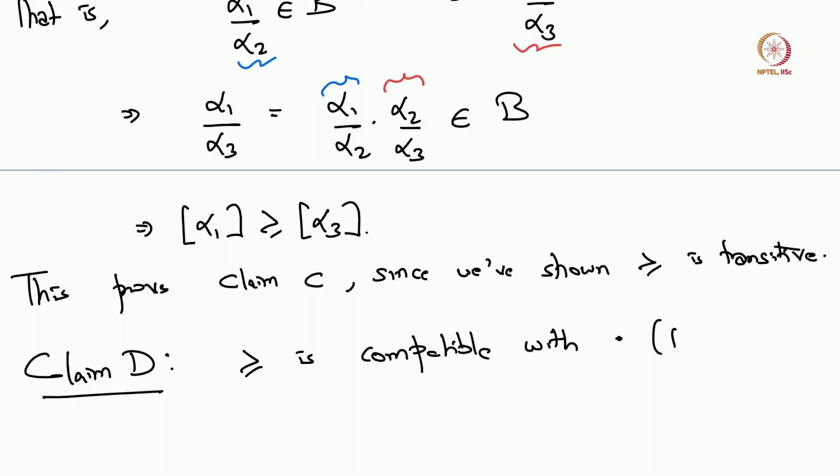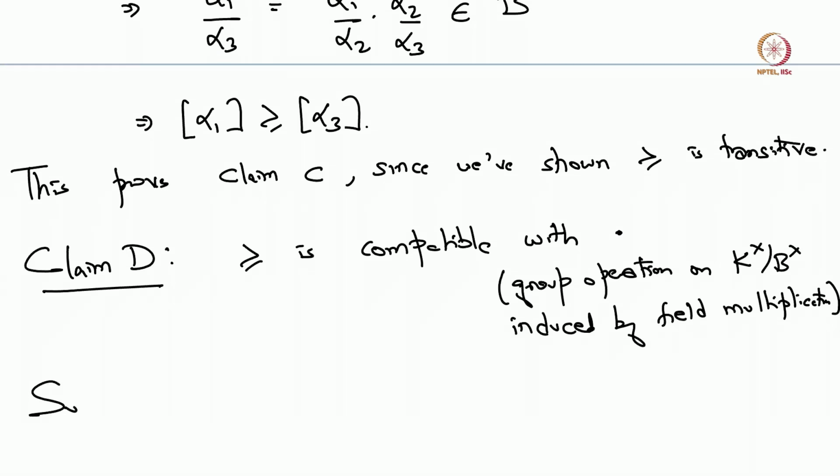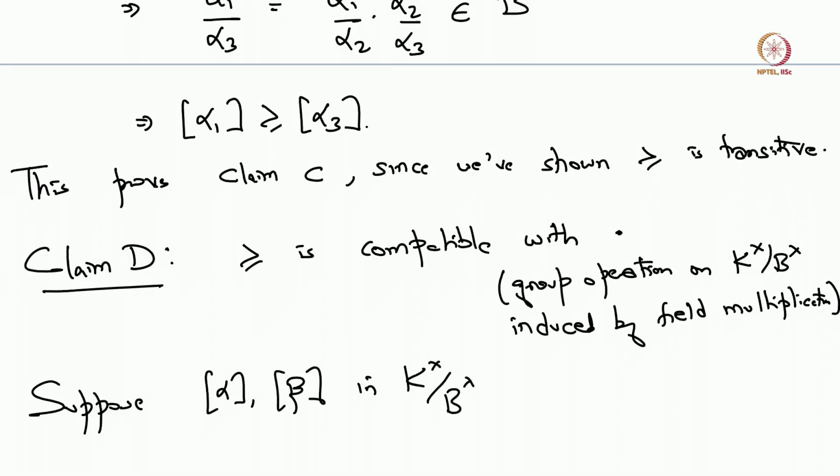So it's compatible with this field multiplication. Let me call it the group operation on K cross mod B cross induced by field multiplication. So suppose once again you have square brackets alpha, square brackets beta in K cross mod B cross with the